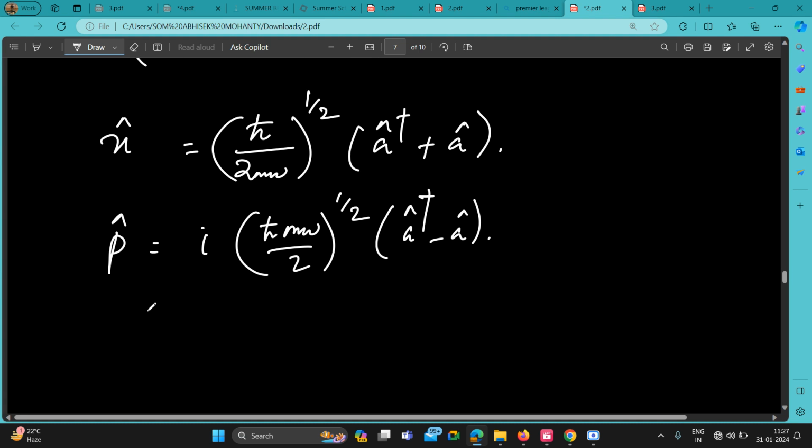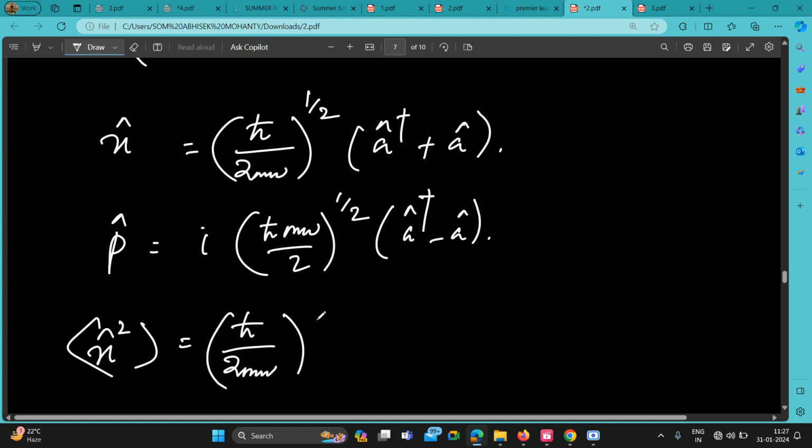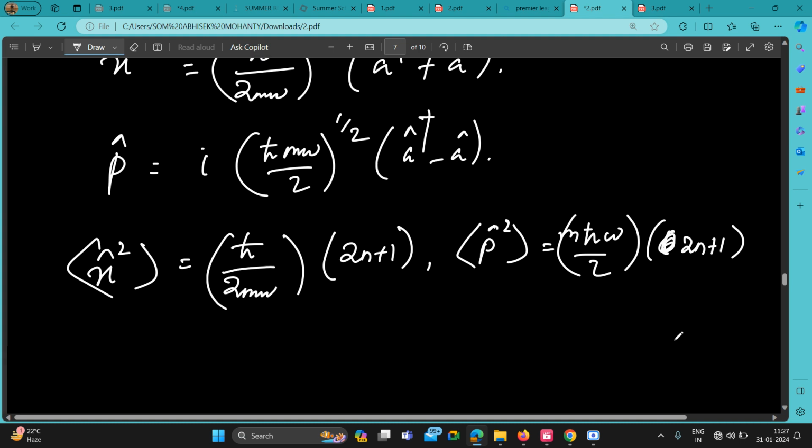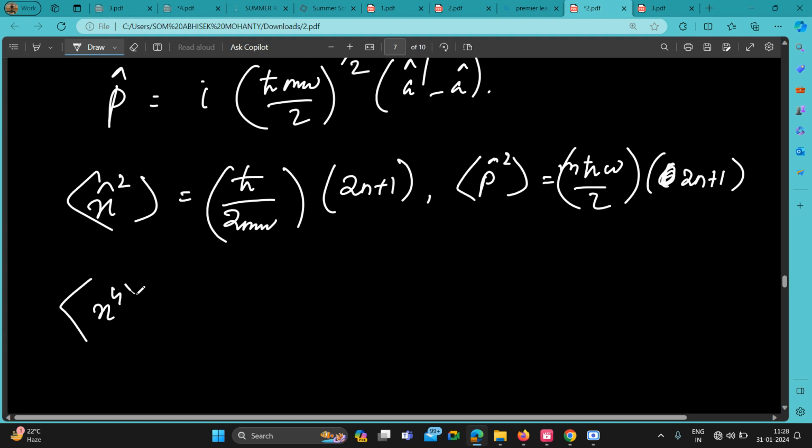Now x square is how much? x square is h cut by 2m omega, 2n plus 1, and p square is how much? m h cut omega by 2, 2n plus 1. Now if x fourth is there, x fourth is h cut by 2m omega whole square, 6n square